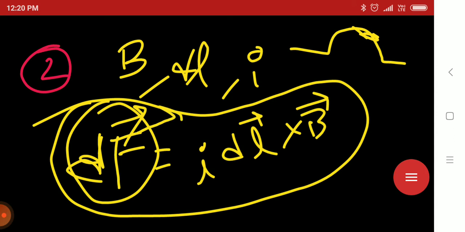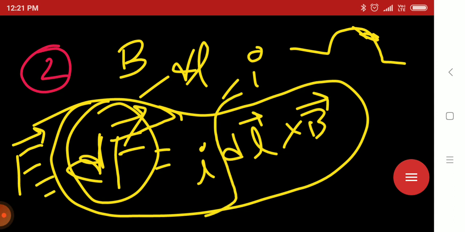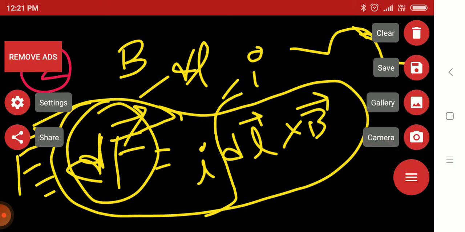So we have to find the force on the total arc. For solving the total arc, what should we do? That means for finding F, we should do integration over there. Integration, that's the thing. So now we have the figure, we have the formula. Now we can easily draw and we can easily solve.